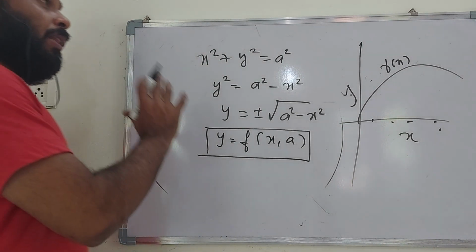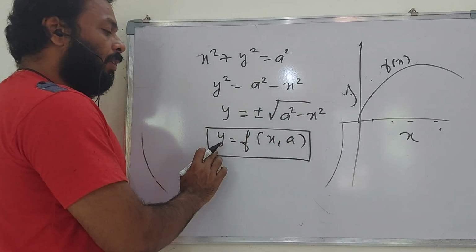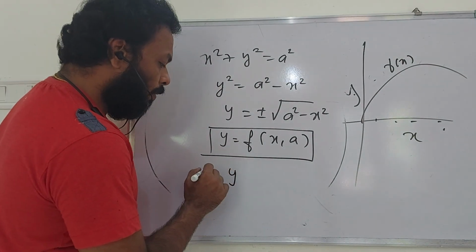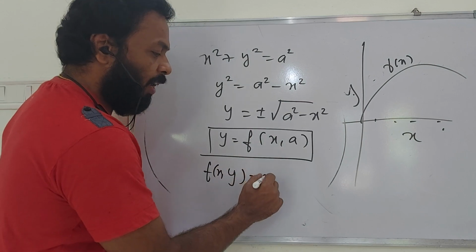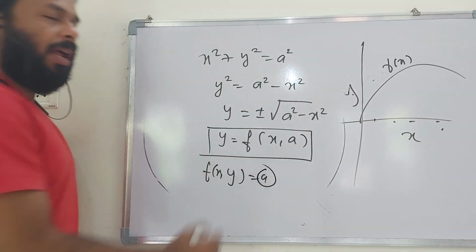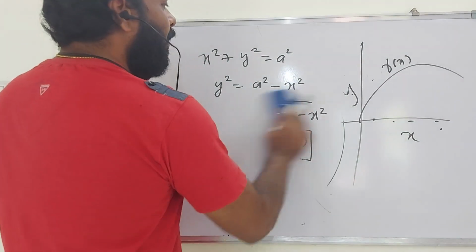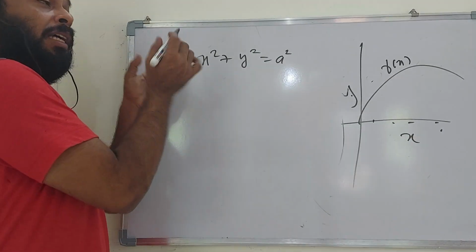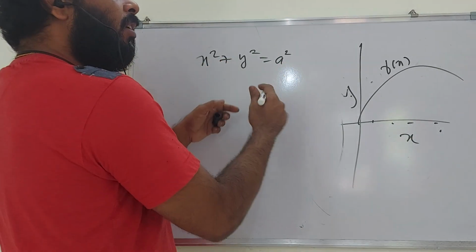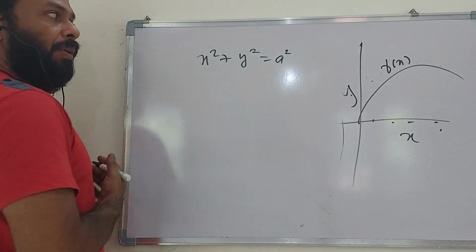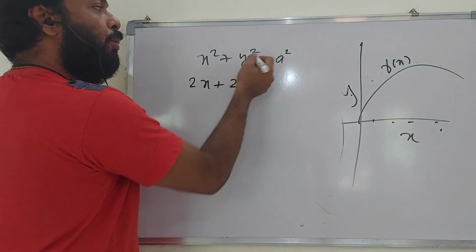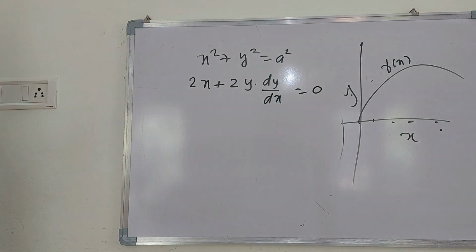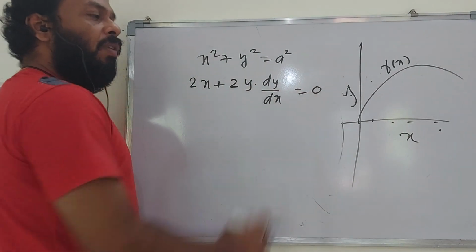Okay. So the general representation of a one parameter family of curves is y equal to f of x and a, or it can also be written as f of x, y equal to a. There exists only one parameter a. These are one parameter family of curves. If there is only one parameter, we can eliminate this parameter. Suppose we are differentiating with respect to x. Differentiating this equation with respect to x, we get 2x plus 2y dy by dx equal to 0,